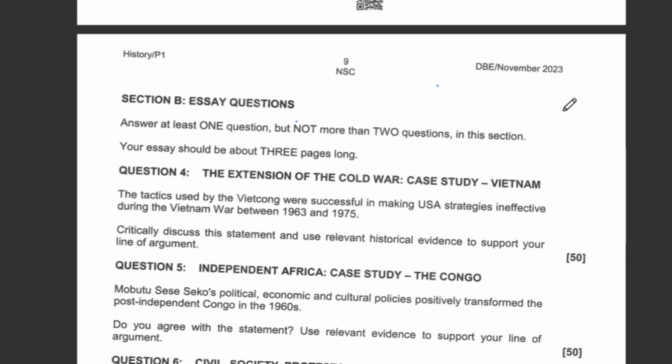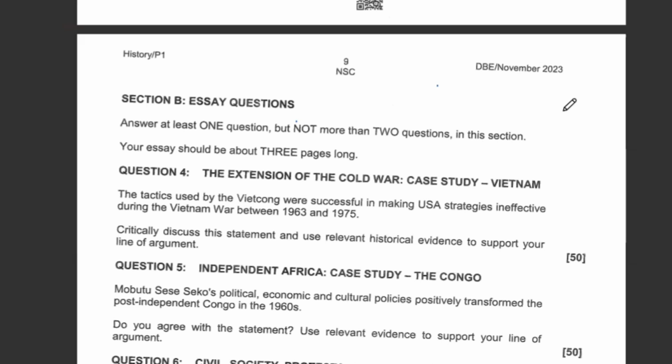And on the side of America, it shows that whatever was used by America as a fighting strategy in the war was ineffective. And who made it ineffective were the Viet Cong tactics. So in this instance, we have to agree, we have to approve, because with a critical discussion question, either you need to approve the historical statement given, or you need to disapprove it. When we are approving a historical statement, we are saying the leading statement given in the question is historically correct. If you are disapproving, we are saying that statement is historically wrong.